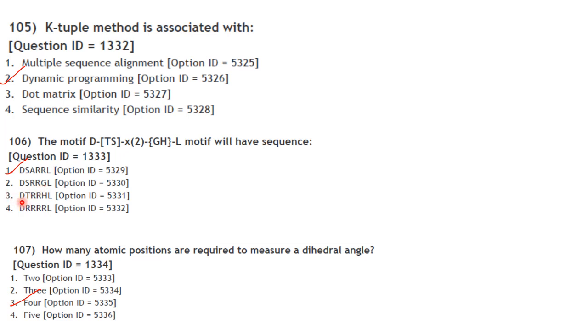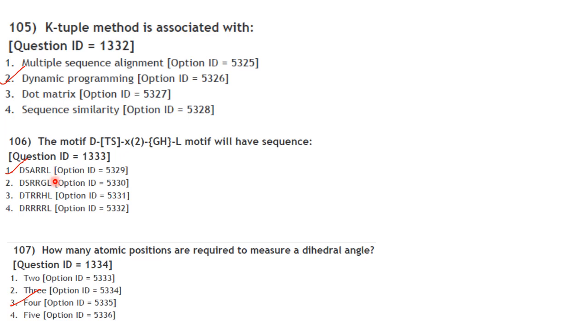See the third option: D, T, R, H. H should not have come at this position. H is not allowed at this position. Then 4, if you see D, R, instead of T and S they have given R. So that itself is not correct. It should be either T or S at this position, not any other amino acid. So option 1 is correct: D, S, A, R, R, L. Option 1 is